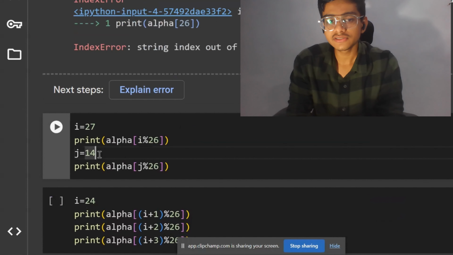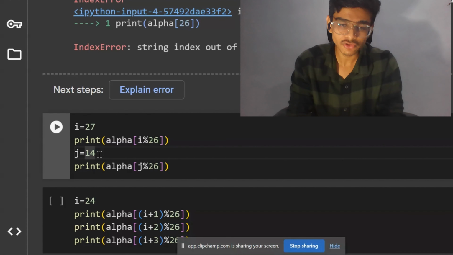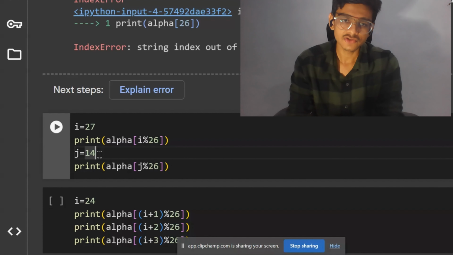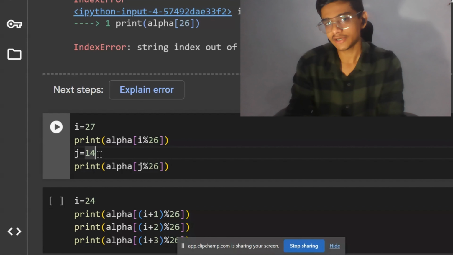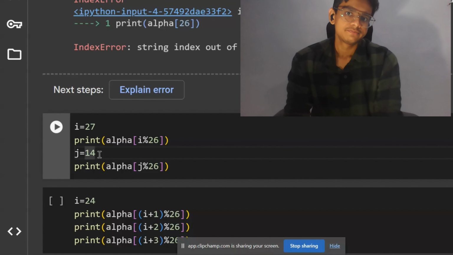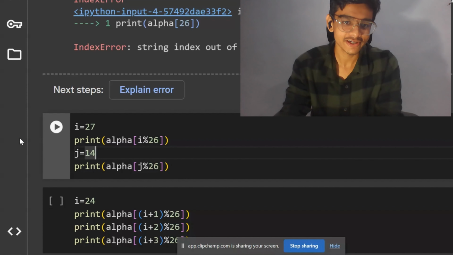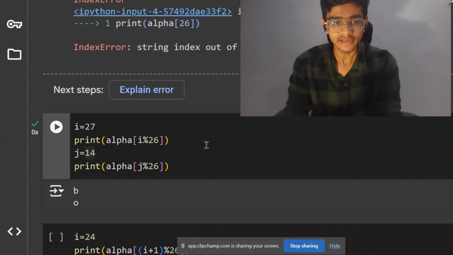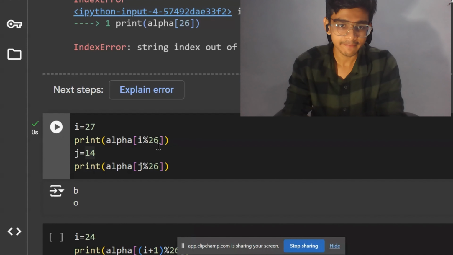अगर तुम मॉड्यूलो 26 लोअर वैल्यू पे भी करते हो, लेस देन 26 या लेस देन 25, तो भी कुछ फर्क नहीं पड़ रहा क्योंकि सेम वैल्यू। तुम बताओ मुझे, मैंने 25 मॉड्यूलो 26 किया तो 25 आया। एनीथिंग लेस देन 26 किया तो वही वैल्यू होगा। सो अल्फा ऑफ वही वैल्यू विल बी वही character in that alpha variable. Okay, this is self-explanatory. This is very easy to understand. I don't think there is a need to explain it. See, alpha of 1 will be b, and alpha of 14 will be